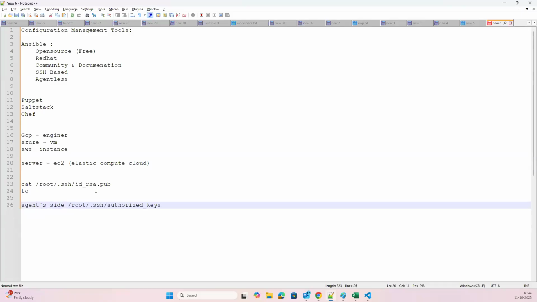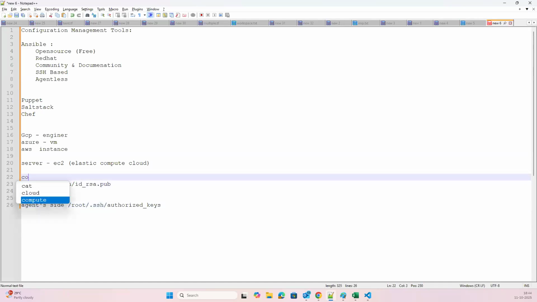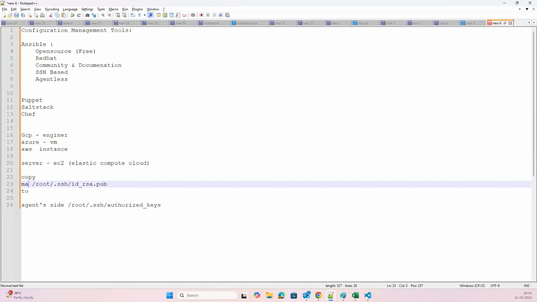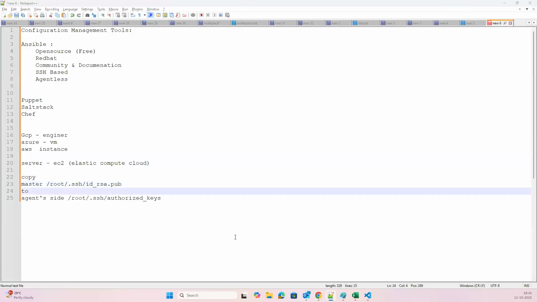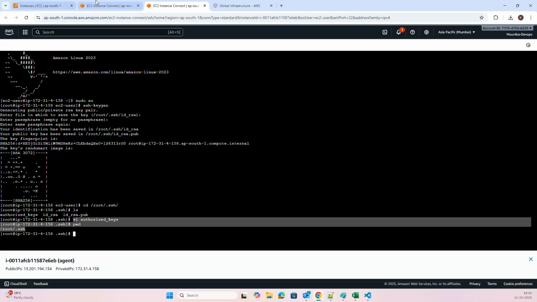Right. So take this key and copy it to this. Okay. So copy the master public key to the agent side, this one. After that, you can verify the connection by using